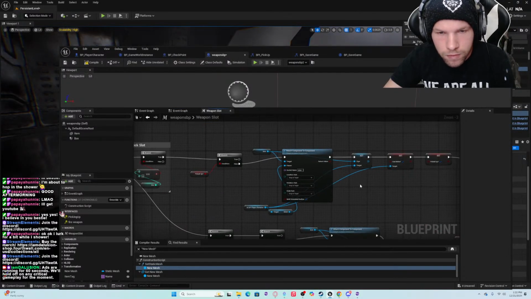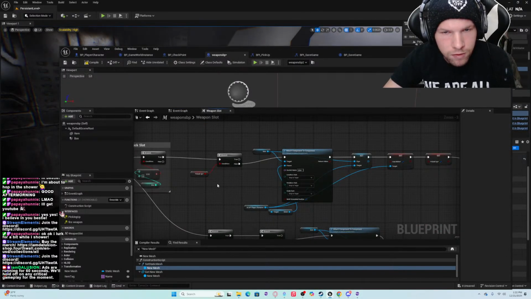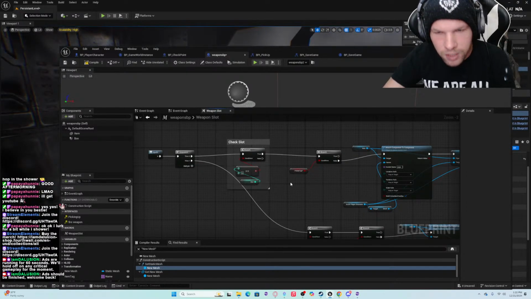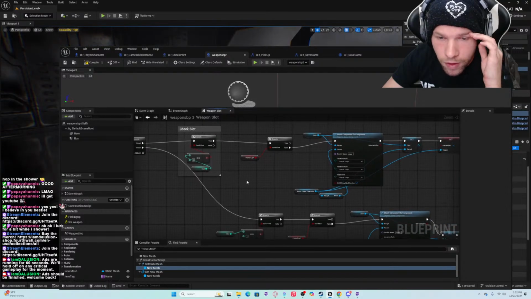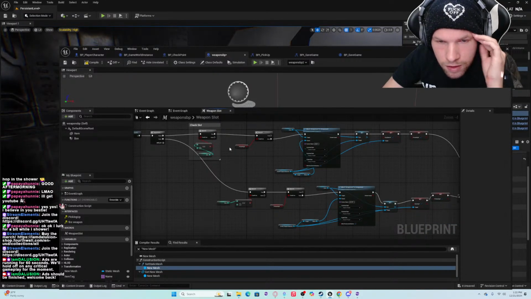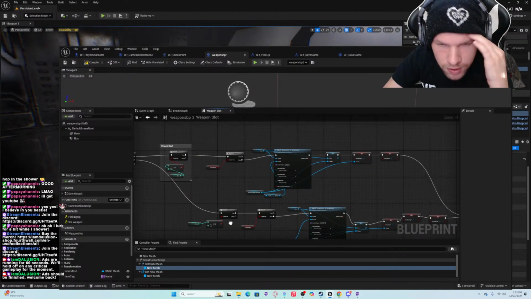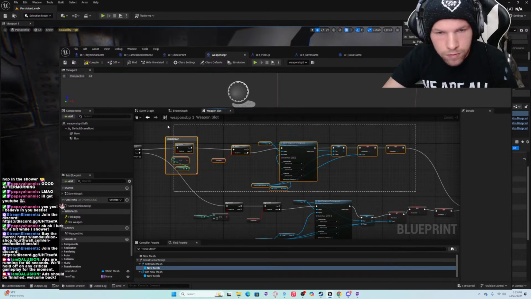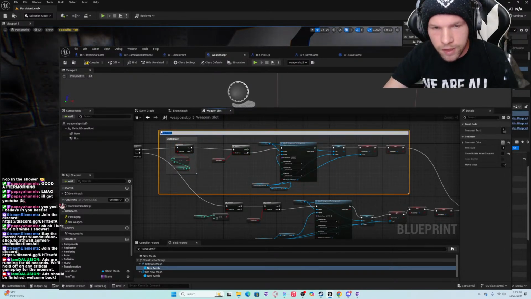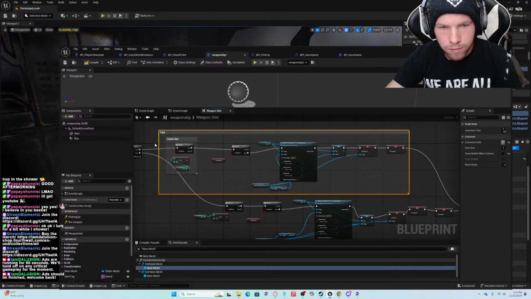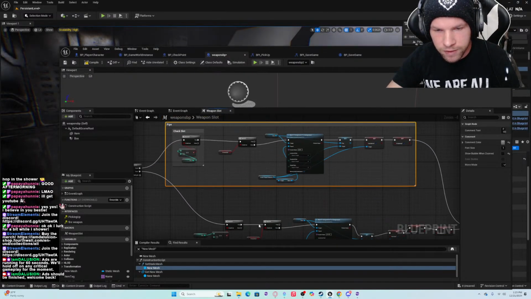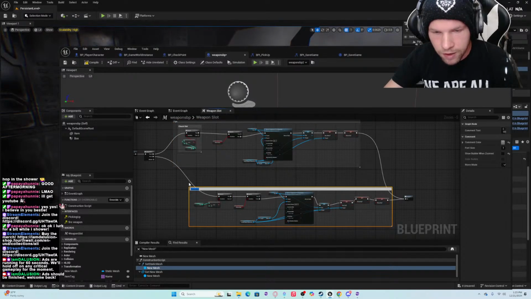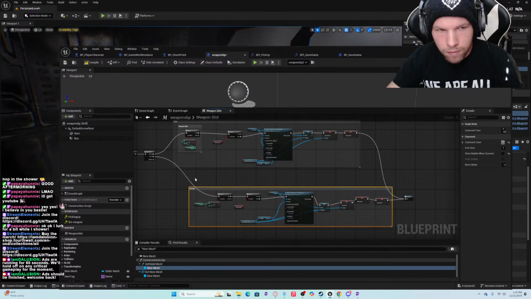So let's look at this macro. Weapon slot, check slot, 0. And then if it's 1, so let me do this. I'm gonna comment this, call that pipe, move it, and then same here, pistol.